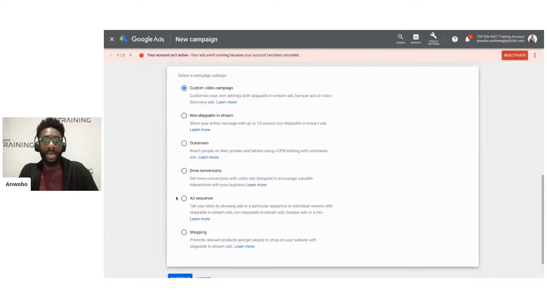Ad sequence, when you've linked your Google Ads account to a YouTube account, allows you to show different ads in a sequence, making sure every user sees the first ad before they see the second ad, before they see the third ad. And shopping is great if you have physical products and a Google Merchant Center account. You can link that to your Google Ads and